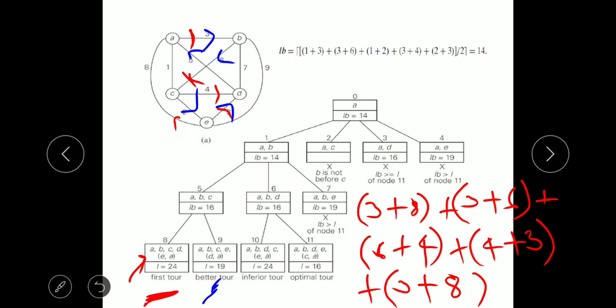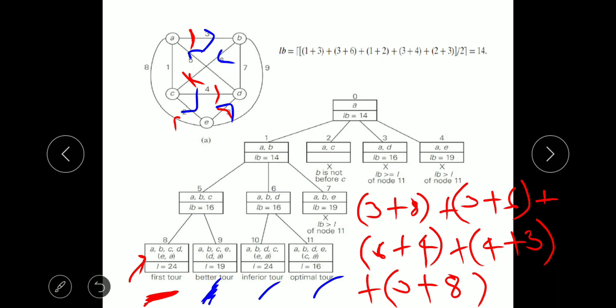Similarly, we also try it for Hamiltonian cycles with edges A to B, B to D, D to C, C to E, E to A, and A to B, B to D, D to E, E to C, C to A. And we find that